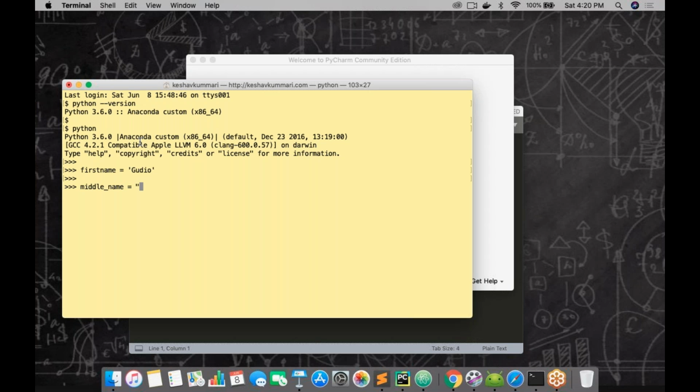The second variable I have written is called middle underscore name. It has a value called van, and here I'm using double quotes. And this is the third variable, which is called lastName, and this kind of variable is called camel case syntax, camel case style, and the name of the variable is lastName. It has a value called Rossum. Here I'm using triple quotes,